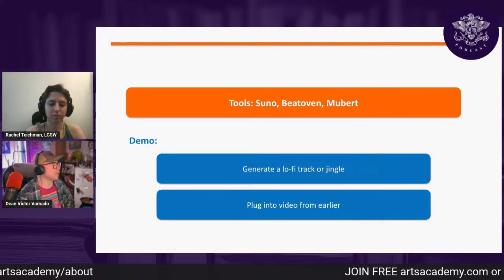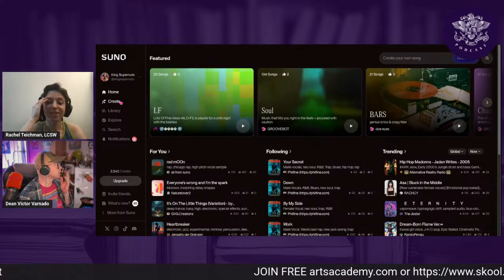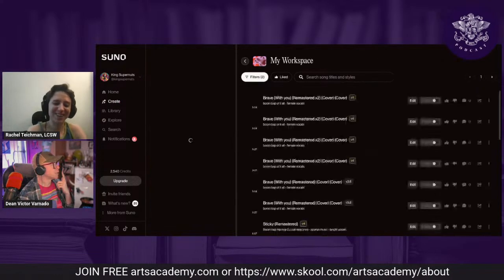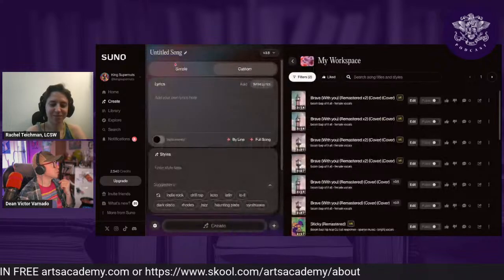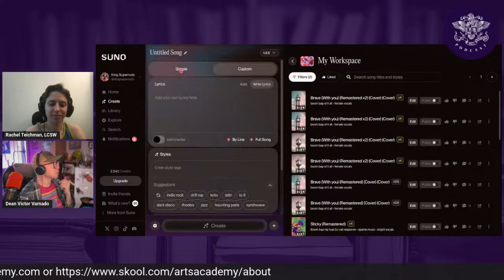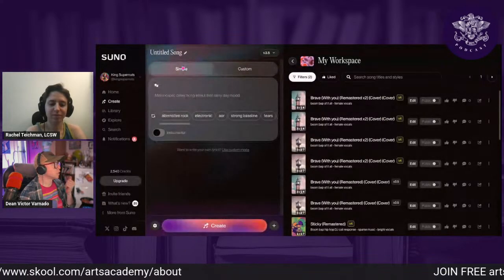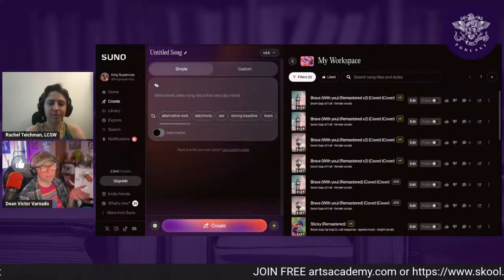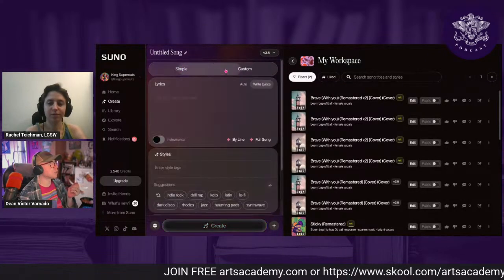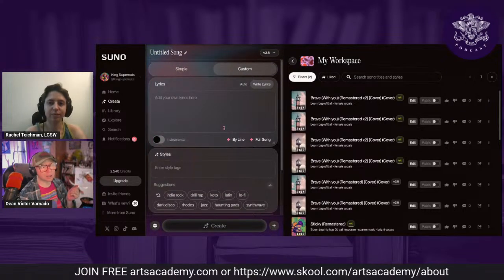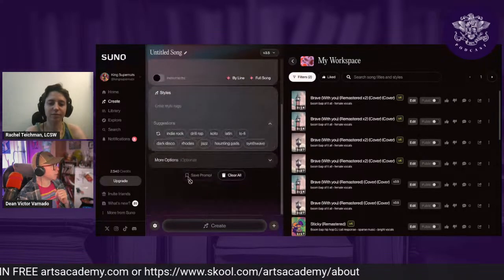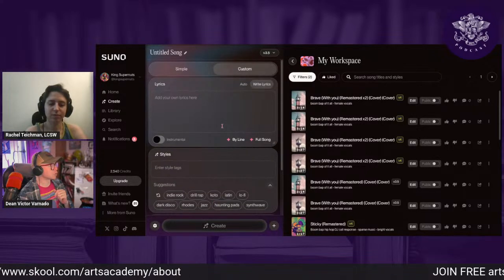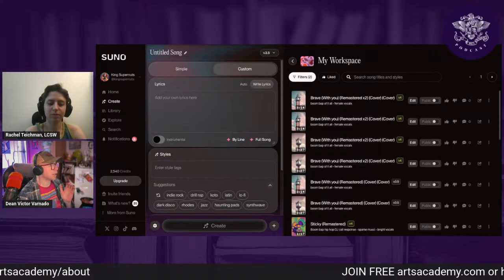What should our song be for our cockroach? All right, actually, we can just tell Suno to make a cockroach song. When you go into create, you can choose simple, where you just tell it what kind of song you want to make. It will write the music, the lyrics, it'll do everything. Or you can do custom, where you can write lyrics yourself, tell it what style you want, and title it, so you have more control over everything that happens.